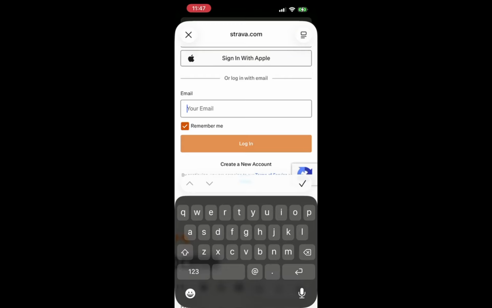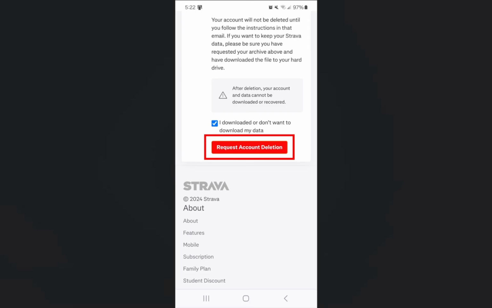At this point, you have the option to request and download your data archive if you want to keep a copy. This step is optional, but it is wise to consider if you want a record of your activities. By downloading your data, you ensure that you have saved any important information before deletion. If you decide to do this, follow the prompts to download your archive. This little step saves you a lot of time later if you want to retain your activity history.